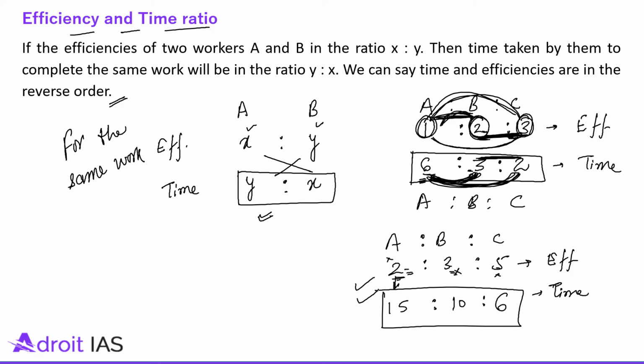Okay everyone, so if we have two workers, then it is very simple to find the reverse. If we have more than two workers, then we find the reverse with this process: hide one term and multiply the rest of the terms. So if we have 3 workers, 4 workers, or 5 workers, only this process will be applicable. Now let's talk about the questions based on this concept.